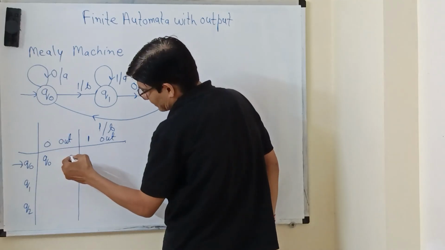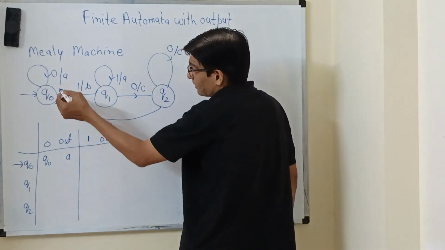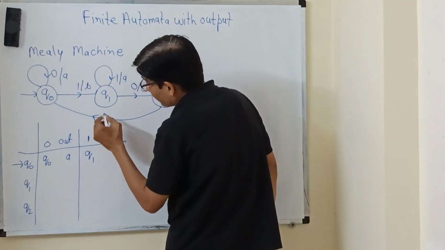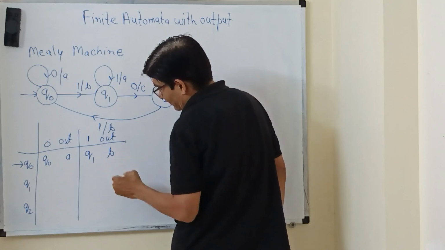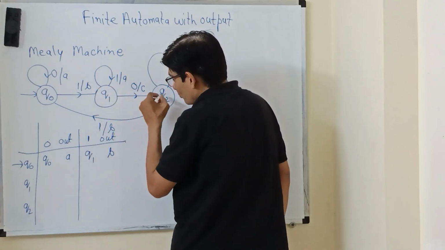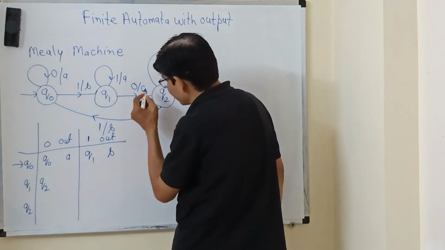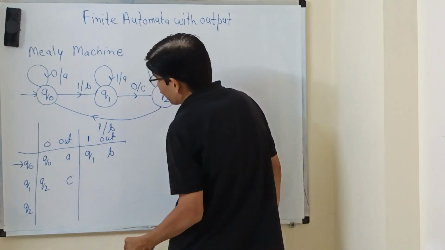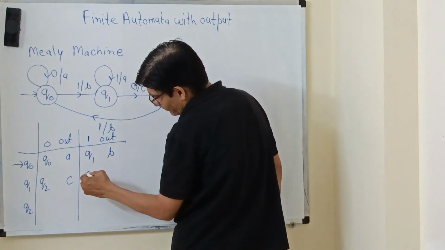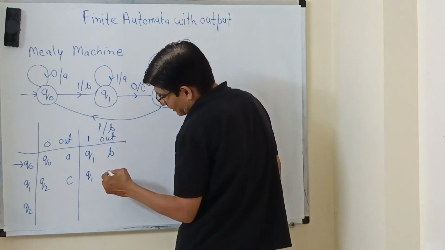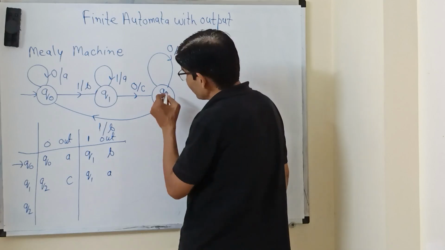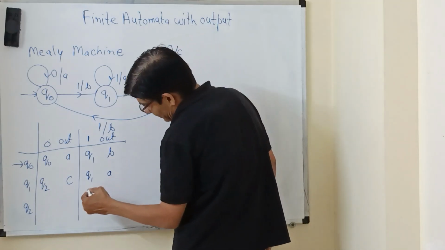and the output generated is A. Then on Q0, if we are getting 1, we are moving to Q1 and the output generated is B. Then on Q1, if we are getting 0, we are moving to Q2 and the output generated is C. And on Q1, if we are getting 1, we are staying on Q1 and the output is generated as A. Then on Q2, if we are getting 0, we are staying on Q2